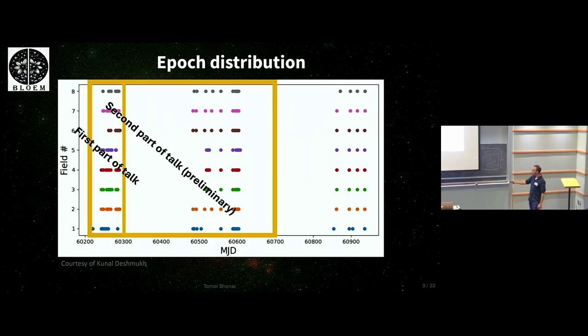This is not going to be a separate batch of papers. We're going to include the 4 epochs as well, but they haven't yet been reduced. This is really fresh, so I'm only going to give you some preliminary results coming out from these data.